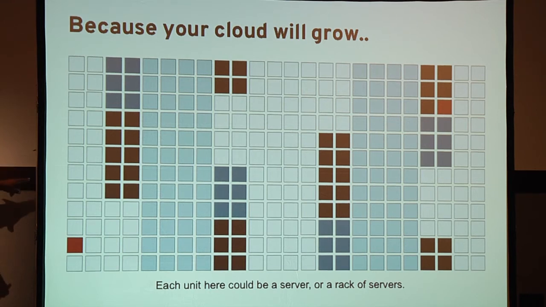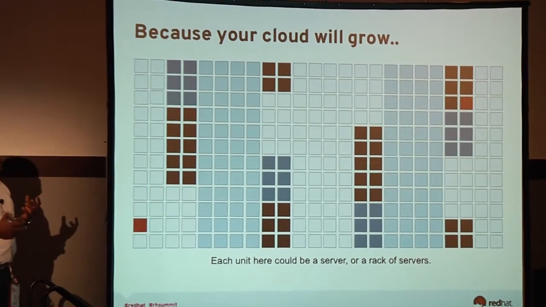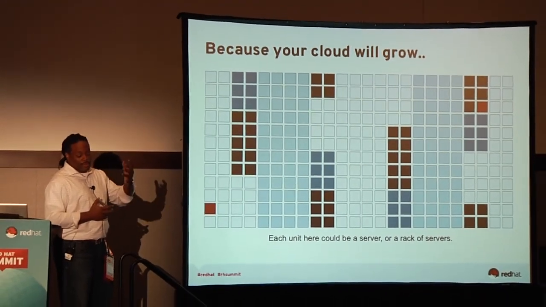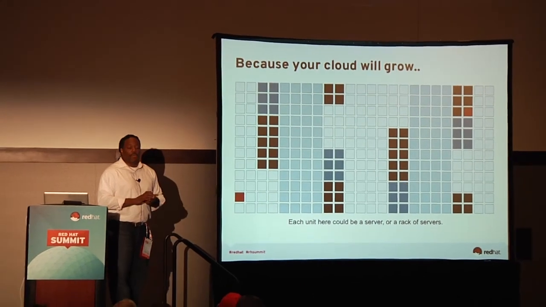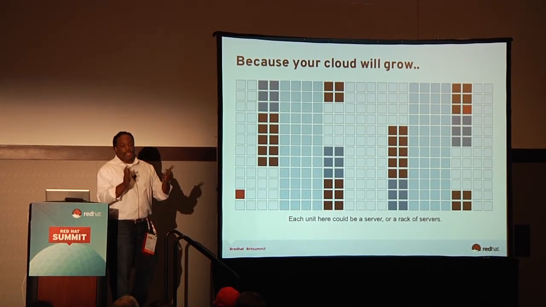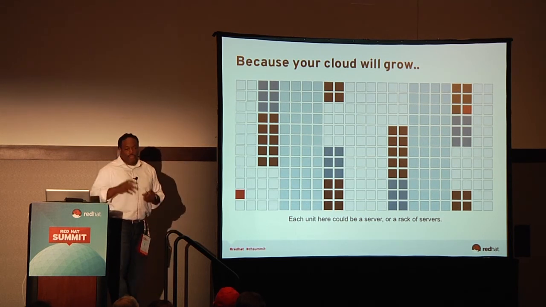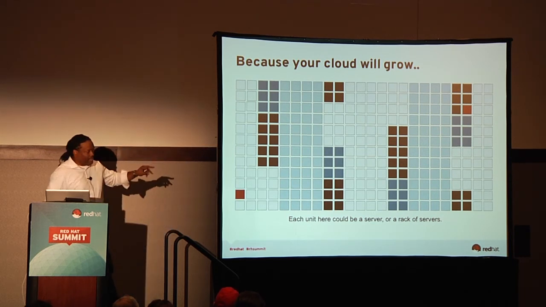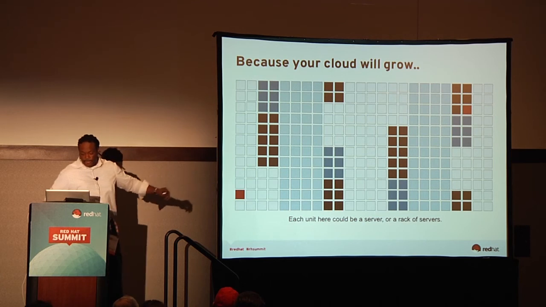So if the black squares here were block storage, they would have what I called a different upstream or subscription ratio into the fabric, because you want to make sure that they're streaming out as much iSCSI traffic as they can to everything else in the cloud. So you can do performance-based mapping within your map there.